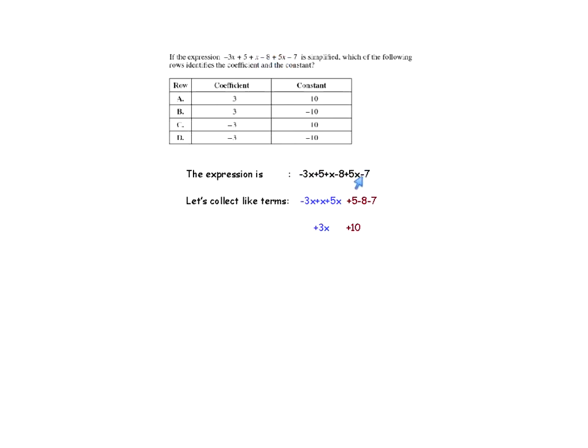So it looks like this, but first we need to collect like terms. So we put all the x's together, and we put all the numbers together. And that's why I put them in different colors. Now let's think about this. If we have -3x plus 1x, that's like -2x. -2x plus 3 is going to give us +3x. Here we have +5 minus 8, so we have -3, and we go down another -7,